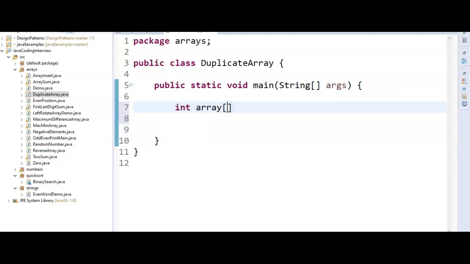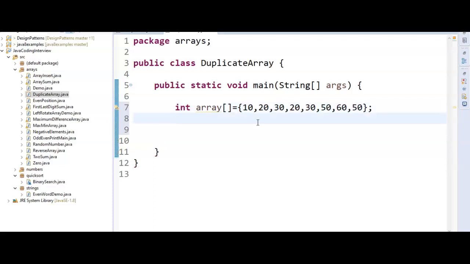So int array equal to, instead of new int, just create elements 10 comma 20 comma 30 comma 20 comma 30 comma 50 comma 60 comma 50. Okay, this is the array. So the output should be 20 is duplicate, 30 is duplicate, 50. So 20, 30, 50 should be printed.